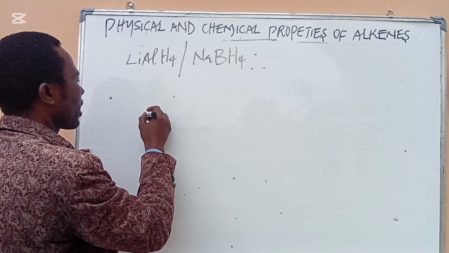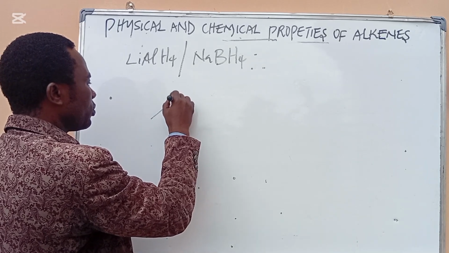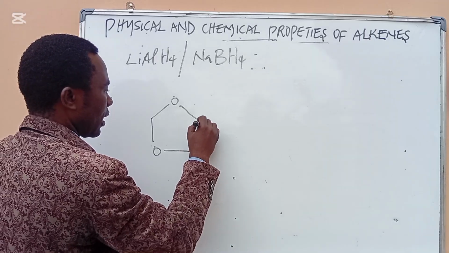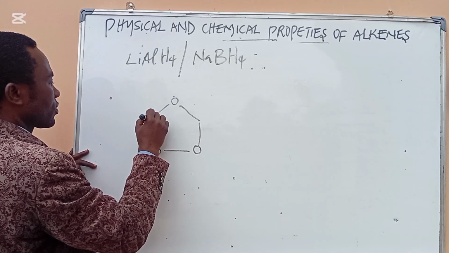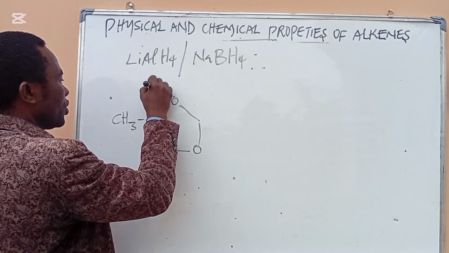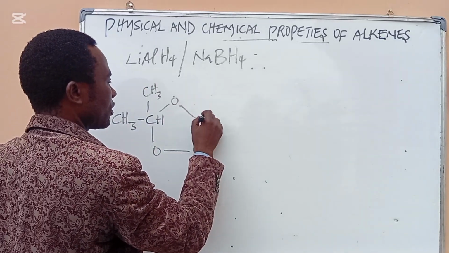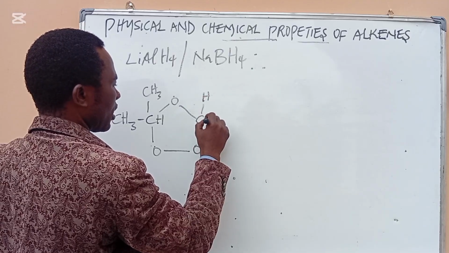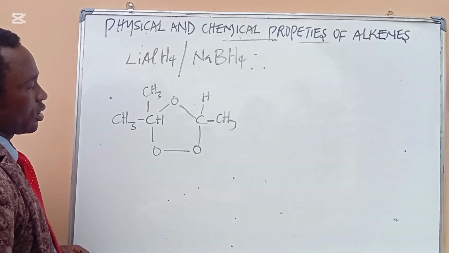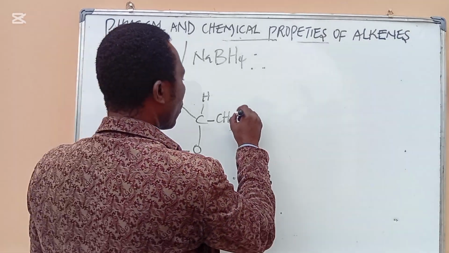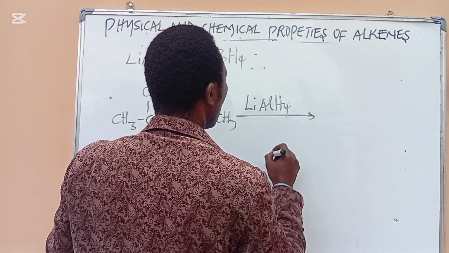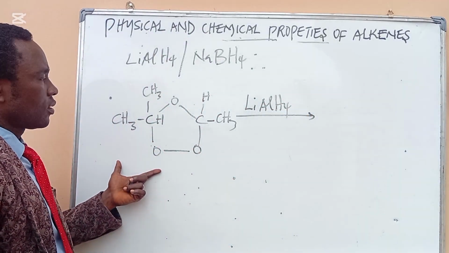Now, when we have an ozonide, the one we produced before, we have this, okay? I mean the ozonide we had before. This is CH3, then CH3. Here, CH and CH3. This is the ozonide that we produced earlier. Then if we want to break it down using LiAlH4,